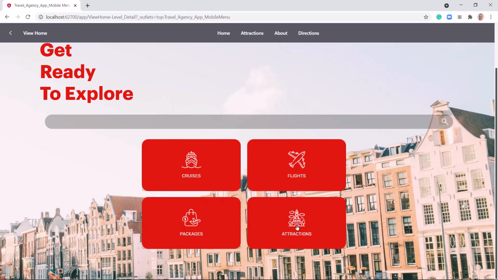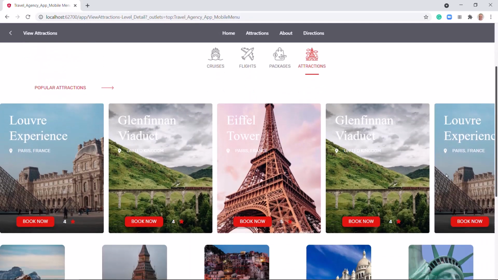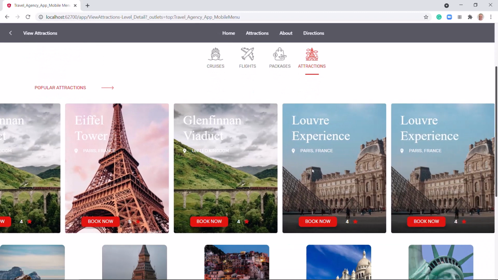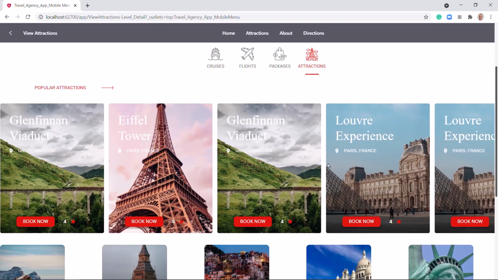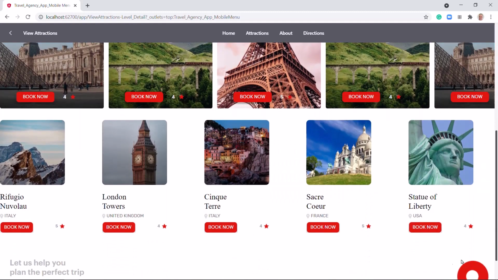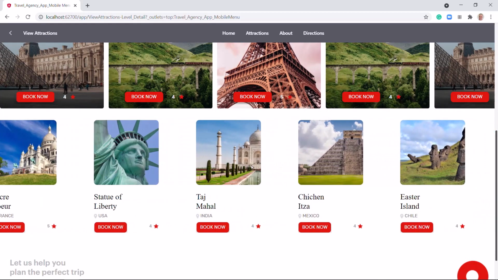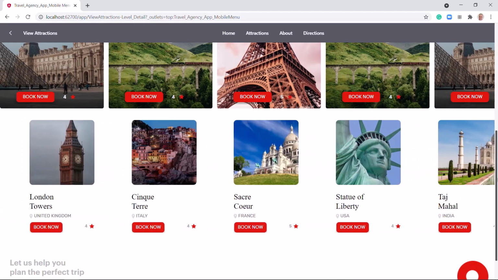If we click on this last button, we access a page where we can navigate horizontally among the most popular attractions. For each attraction, we see its image, location, rating, and a button to schedule a visit. Further down the page, we see another list with all the attractions to visit. Here we can also move horizontally, and for each attraction, we see its country, rating, and buttons to book a